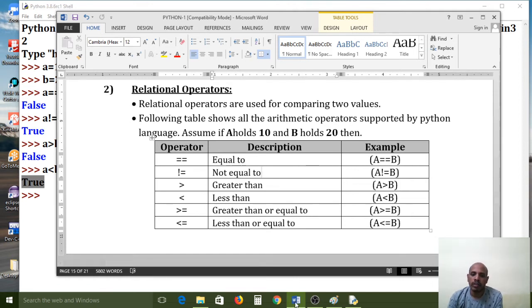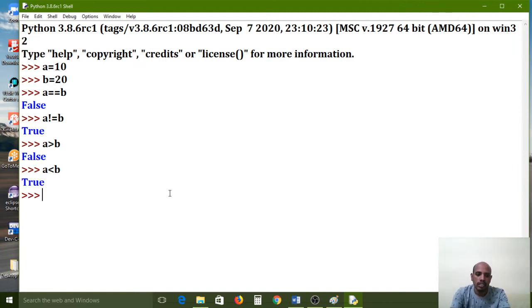Next, the greater than or equal to symbol also we can use like that. A greater than or equal to B. Either greater than or equal to, it will give the result in true format. So false. It is not equal, and at the same time not greater. A equal to 10, B equal to 20. So is A value greater? No, so it is wrong. And not equal either. That's why it is printing false as a result.